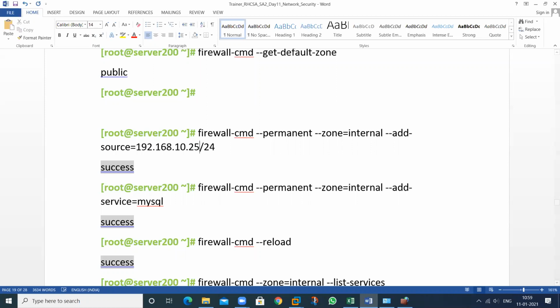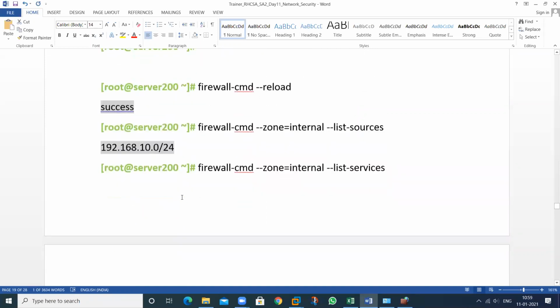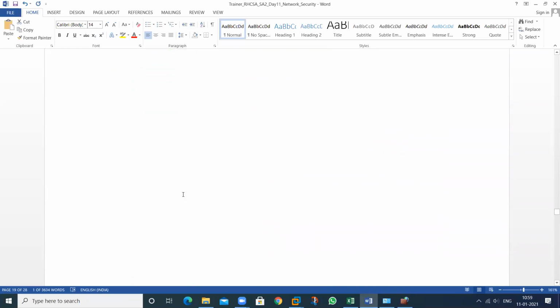All the IPs we want to allow. So first you need to add the source, then that particular service that you want to allow. So now check, this particular service will be allowed and you can check.